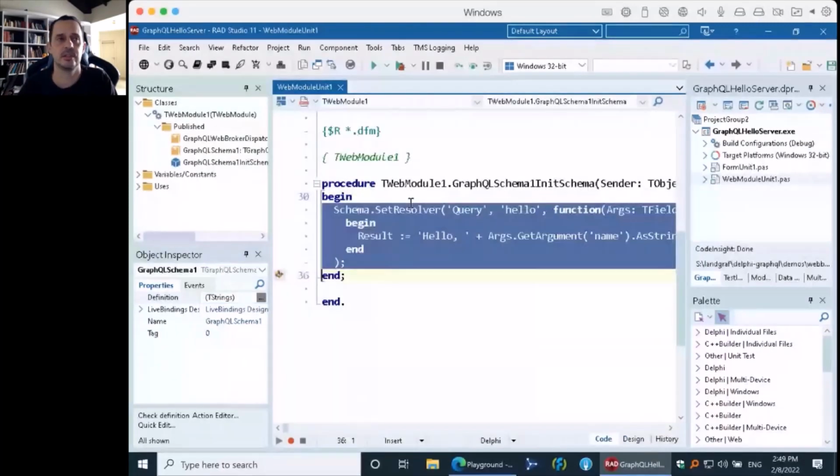So yes, in a way, you can define a schema and define the field resolvers all dynamically, so you can create a full GraphQL server at runtime, if that was your question.